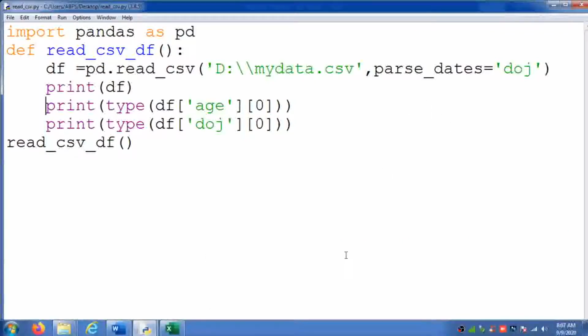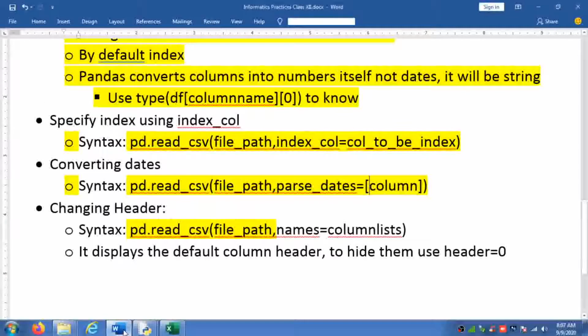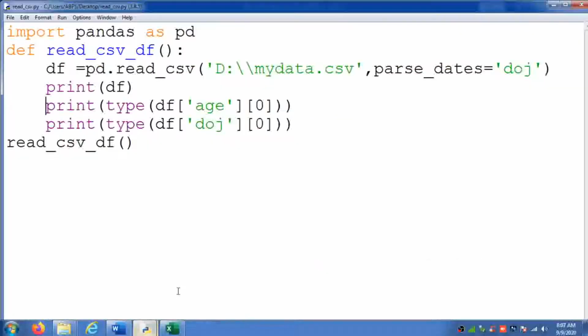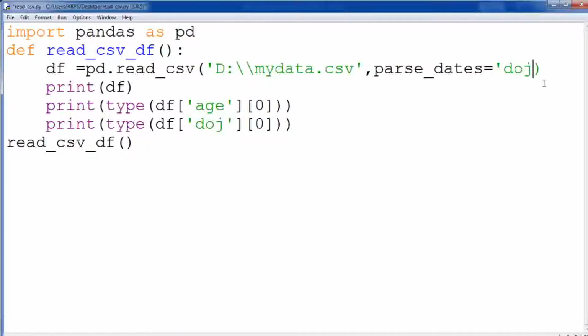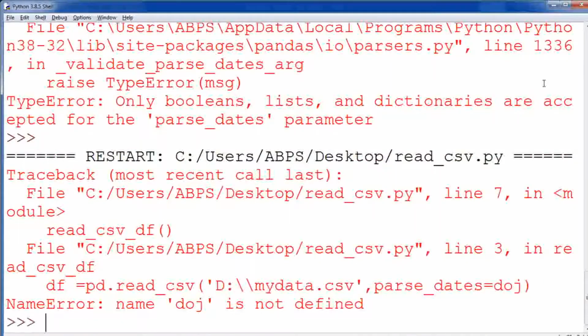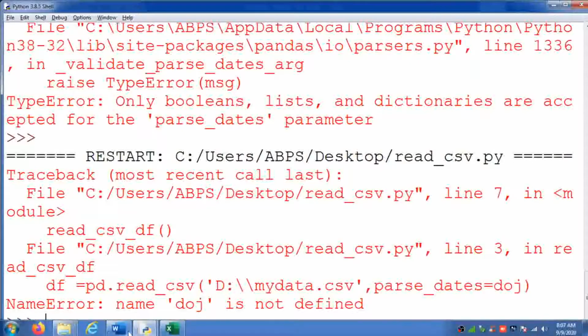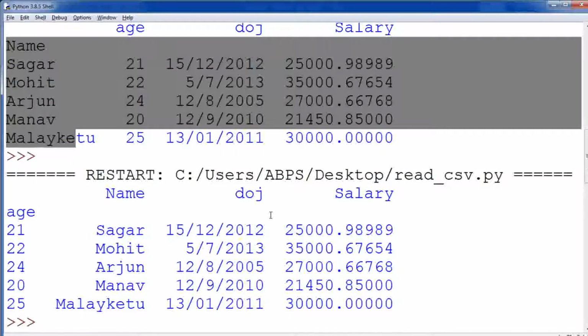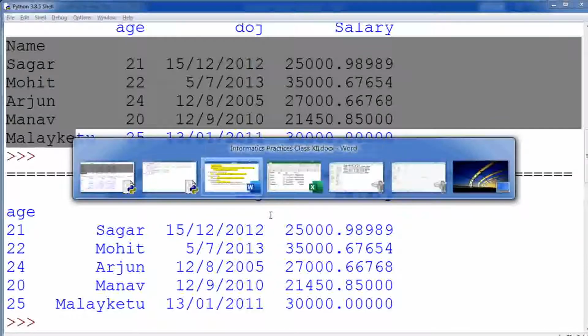Column name. Column to be indexed. Okay, let me remove this single quote. Okay, DOJ is not defined. Yeah, so let me check first what the output was, and I suppose it is DOJ only. Then parse_dates.